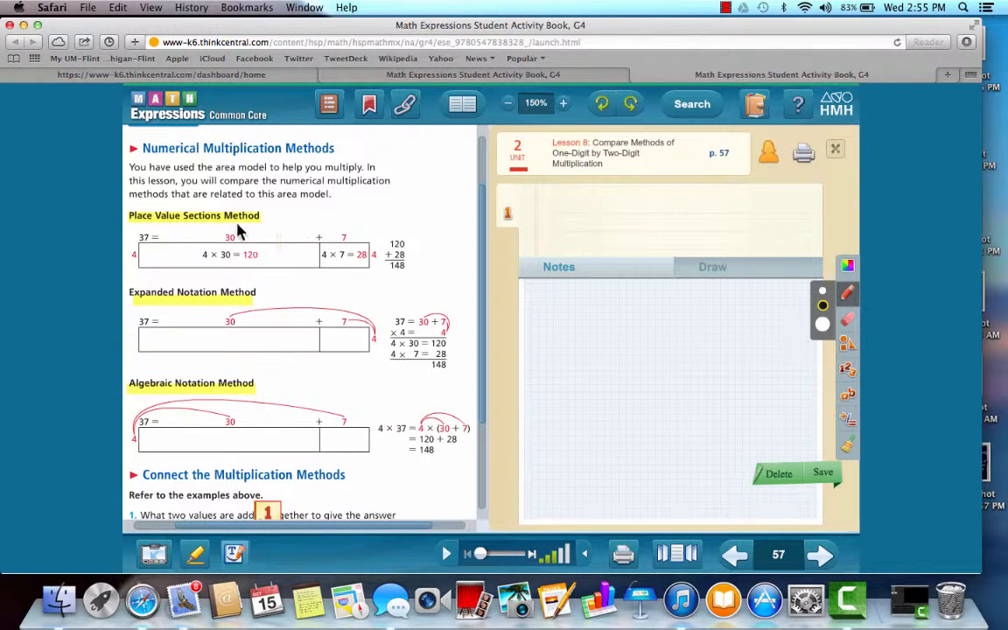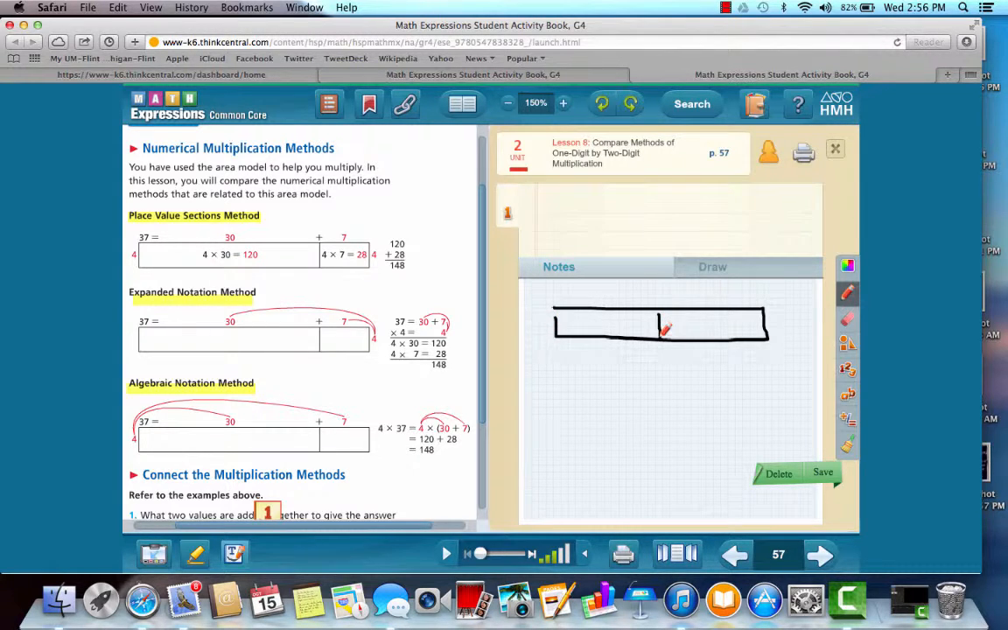If you notice, they all look quite similar in their setup. You have the numbers on the sides and the top. Each one is being multiplied and then you're adding them together in the long run. The difference between the place value, the expanded notation, and the algebraic notation is that with place value, you're using just